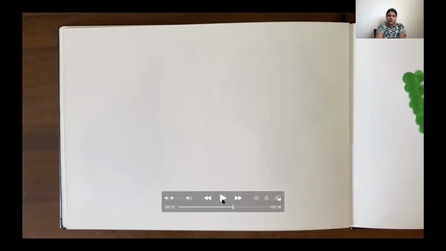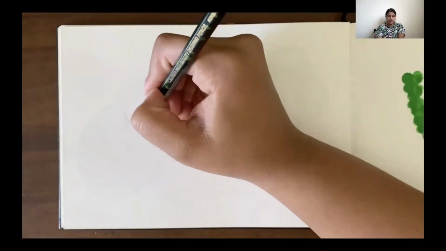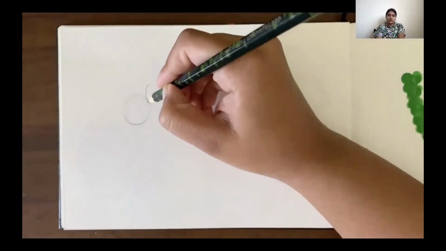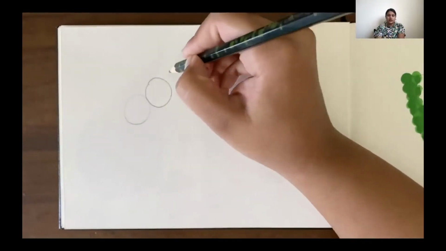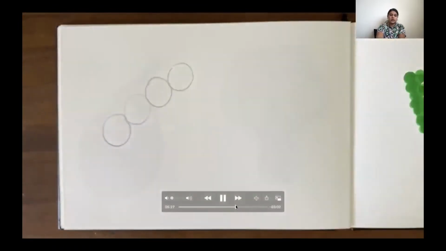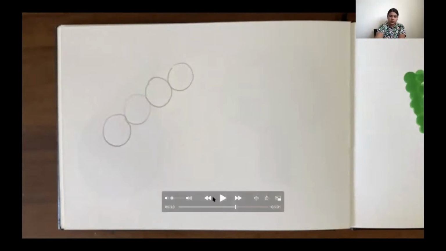So for the grapes, I'm going to first take my pencil and draw a set of grapes. Now, how do you draw grapes? We're going to be basically starting with circles, wherein I'm going to draw 4 circles right on top. Now, a lot of you must have learned how to draw grapes in school, and if you have, absolutely great. Go ahead and draw those grapes. If you haven't, you can follow. So I've done 4 grapes on top,